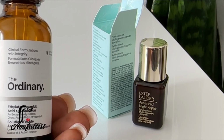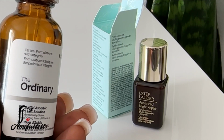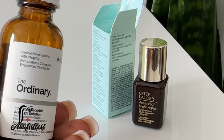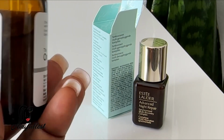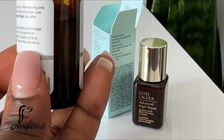When I'm using a product, I really want to stick to one product and use it and see how it goes. I don't really like to use different types of product, because then you don't actually know which one is working for you. So I'm thinking, first let me use this one and finish this one,